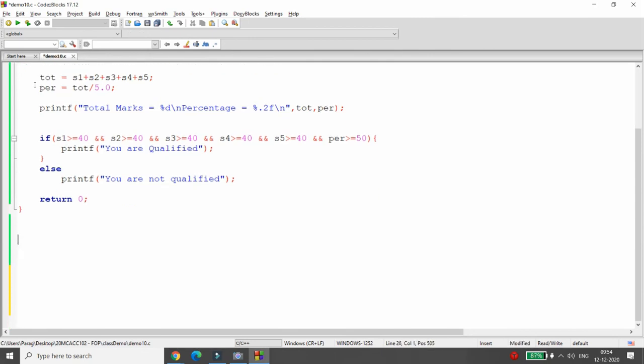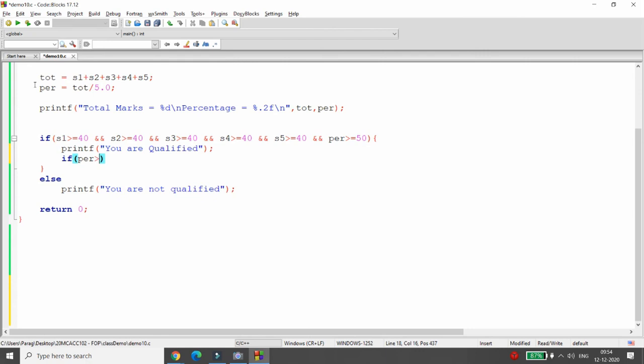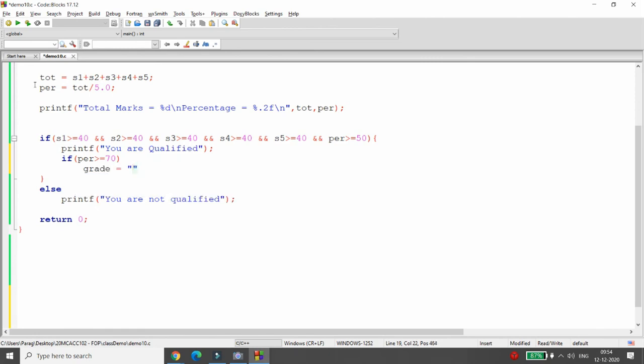So if the person is qualified, then check over here that if percentage is greater than or equal to 70, then you can simply mention the grade is equal to excellent or first class distinction that you want to give.